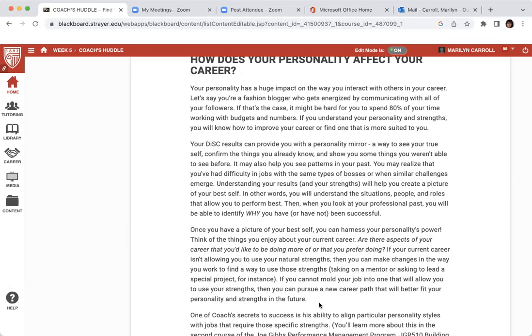So let's pause for a moment. Even at the level I am, and with some of the accomplishments I've had in the past and things I continue to do today, this quarter I decided to take on a mentor. I had not had a mentor in a while. Well, this quarter I decided to take on 2 mentors, one for my business and one for the work that I do here at Strayer. Both of those mentors have been the best thing that I could have taken on, and it's been so